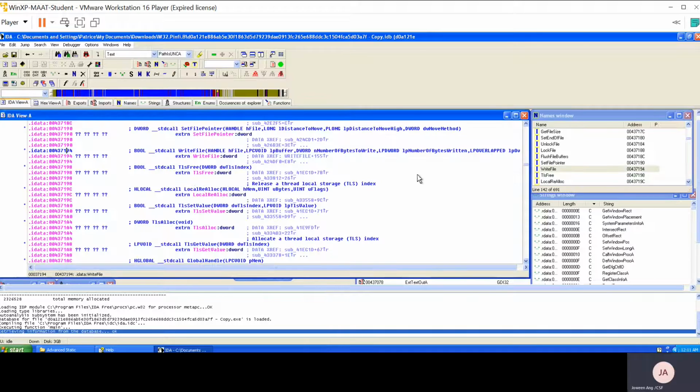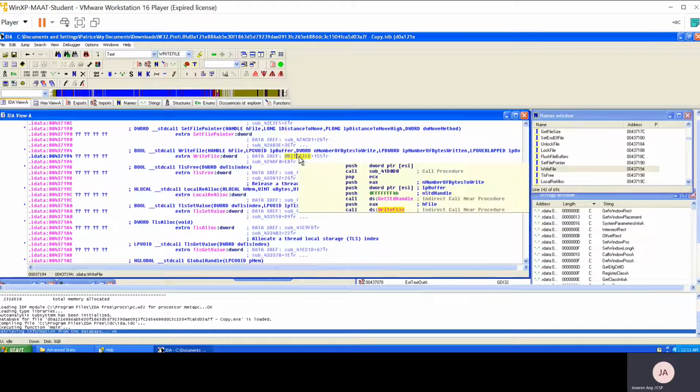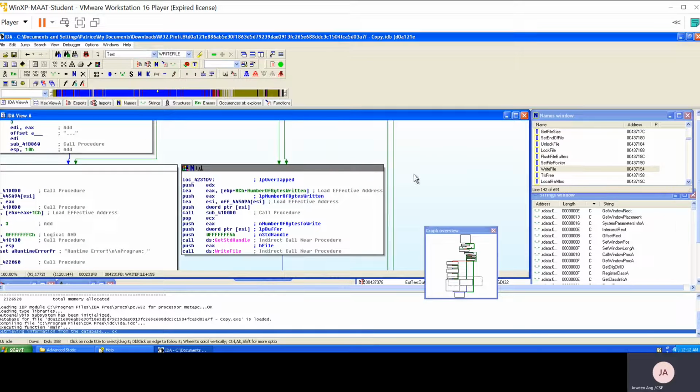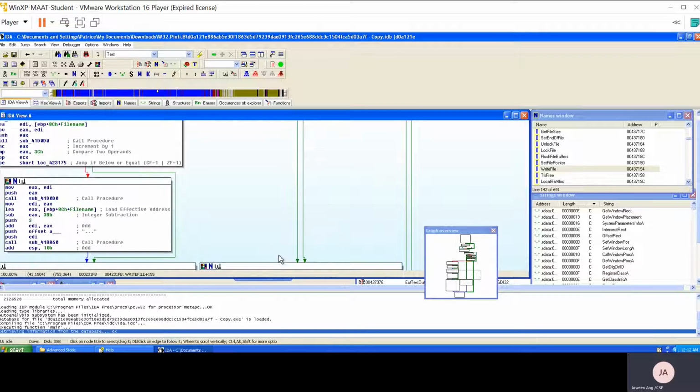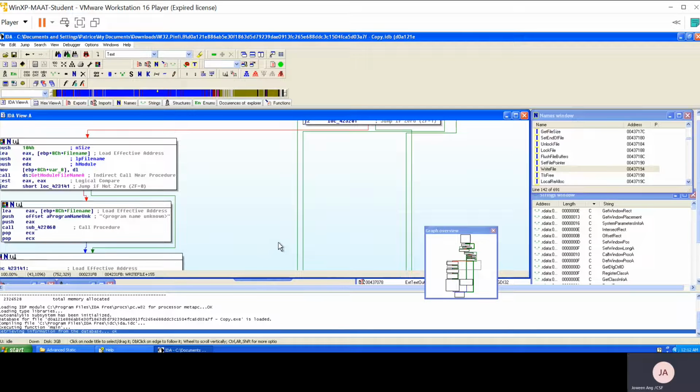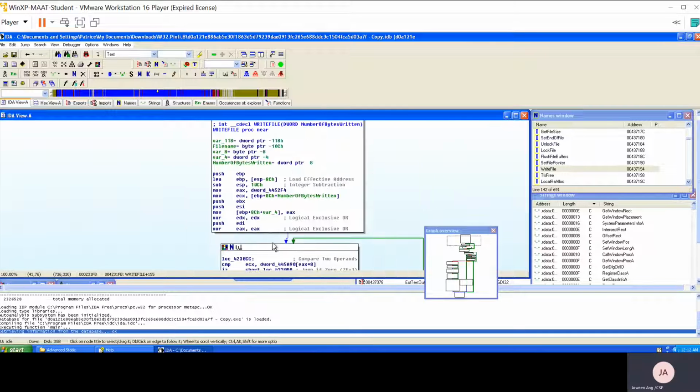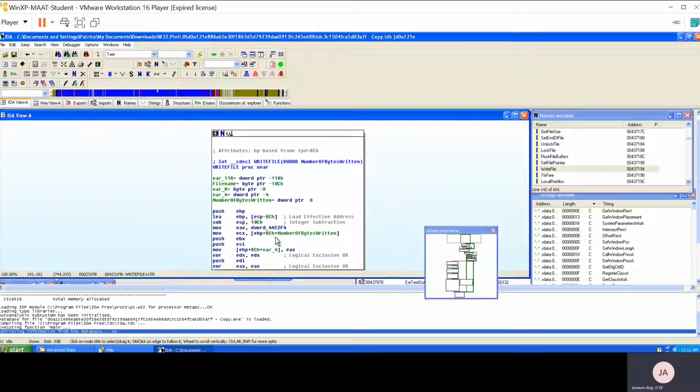Okay, so we have found it. We can see that this particular subroutine actually calls the imported function WriteFile. Upon clicking it, we can see it here. There are also quite a number of arguments and global variable sets, and there are many conditional jumps using compare,